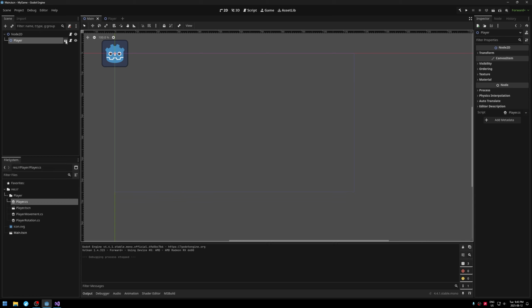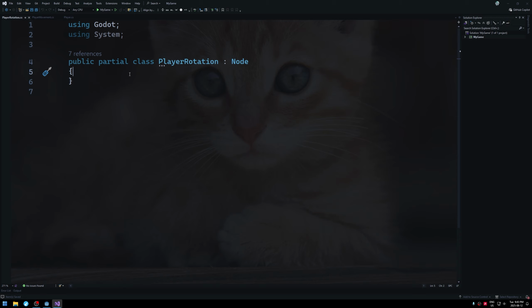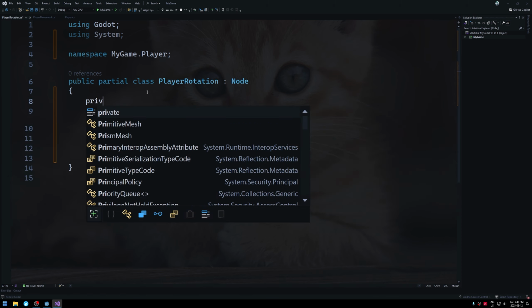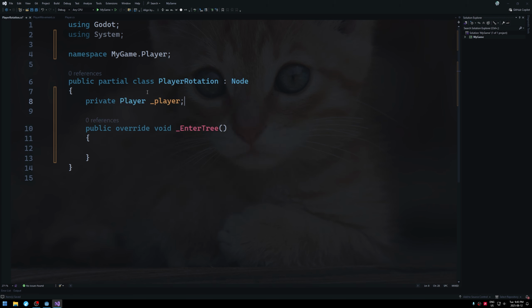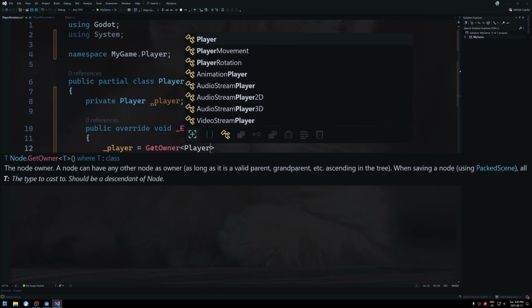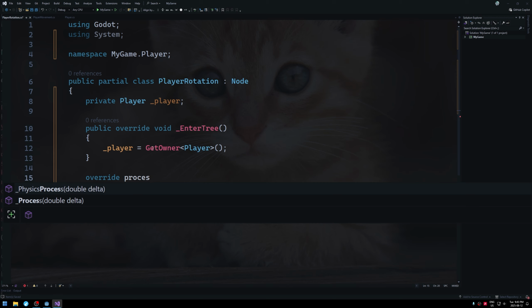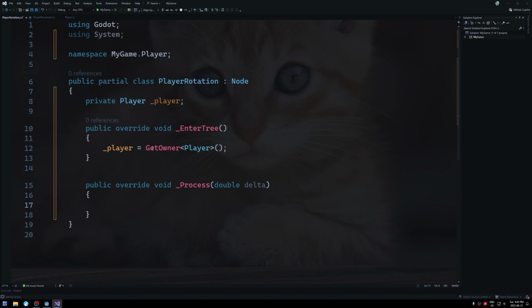And so let's do the rotation real quick. So we'll do the same thing. First we'll put this in the correct namespace. So mygame.player, and we'll override enter tree, and we'll say private player, and player equals getOwner player. And then in the process, because we're not doing anything physics related, we can